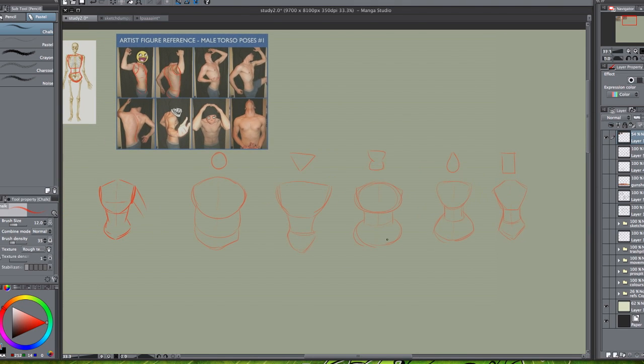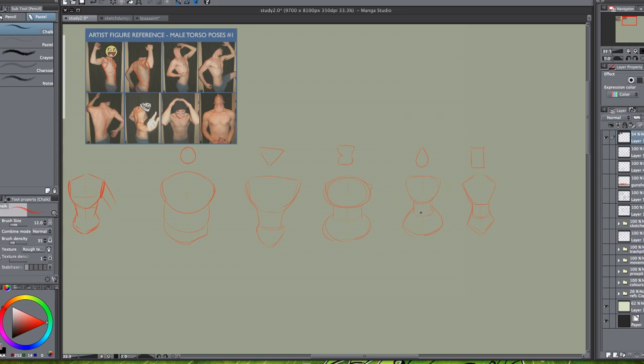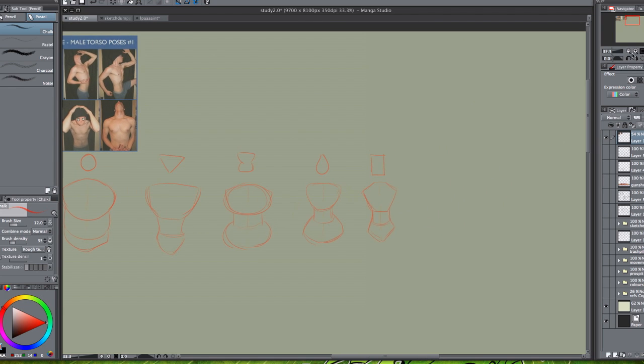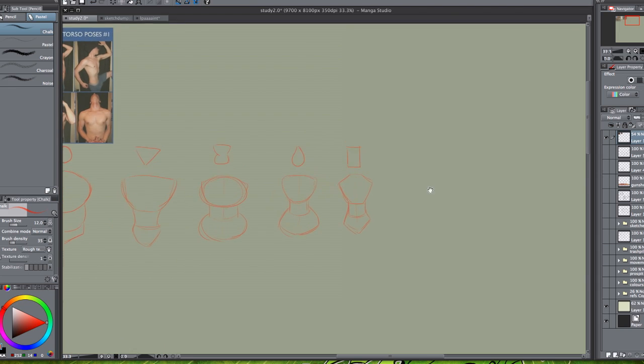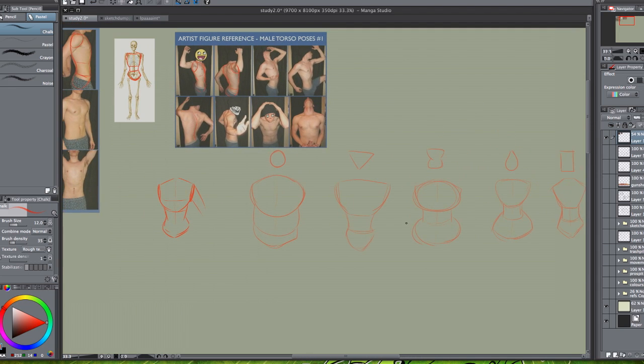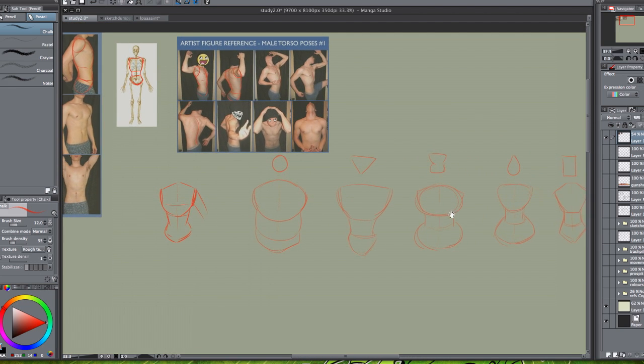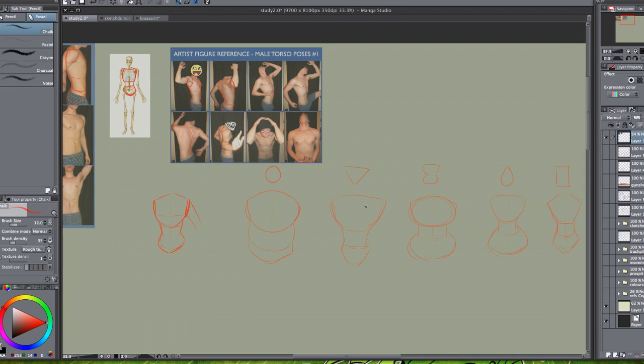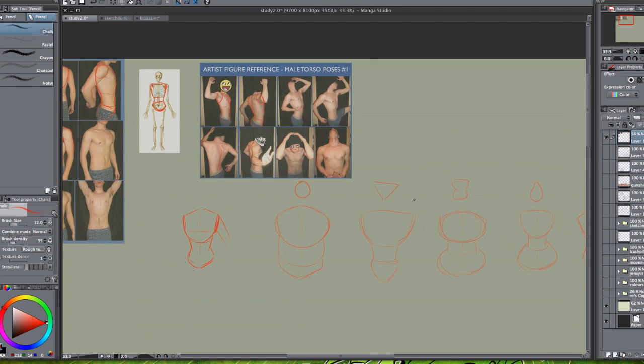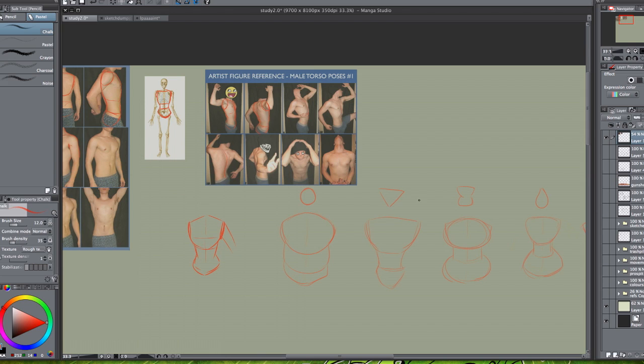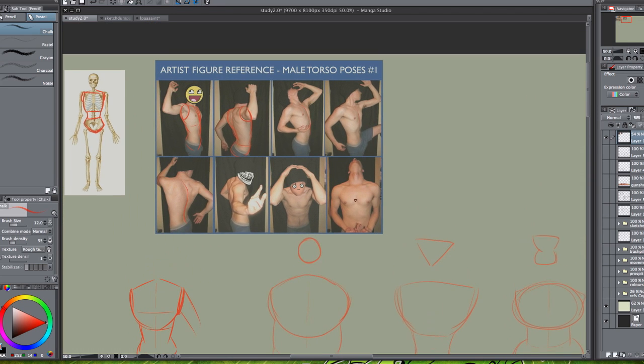Yeah, and you can see already how that is obviously a simplified torso. The next thing I want to go on about, I'll go and clean up some of those later and show you, but I just want to do another quick set. Like I said with these that have more of a twist to them and a bit of a curve,